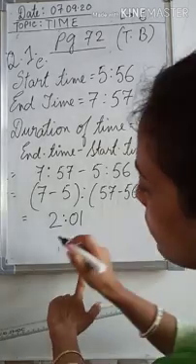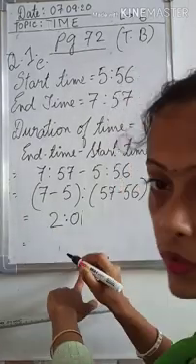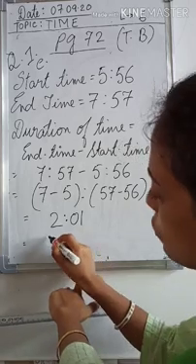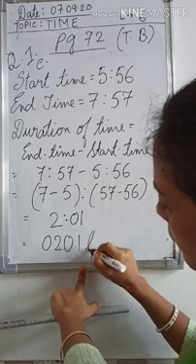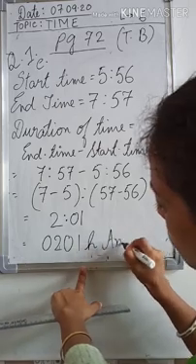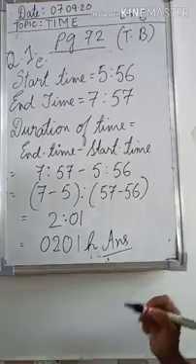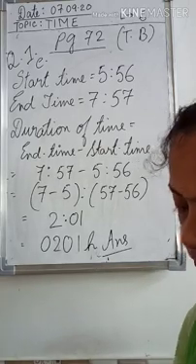So you convert it to a 24-hour format now. We need a 4-digit number. So 2 can be written as 02 and 01 means it will be like this. And you also need to write an H as you are asked to write the answer in 24-hour format. So please note it down everybody.